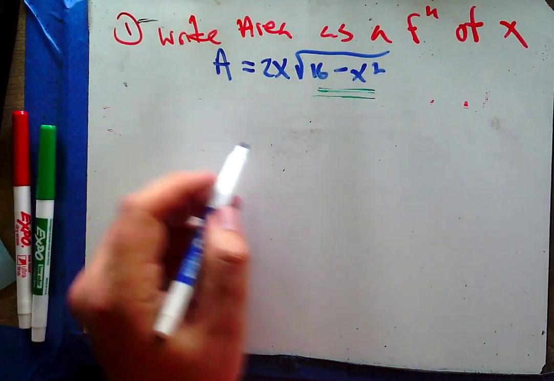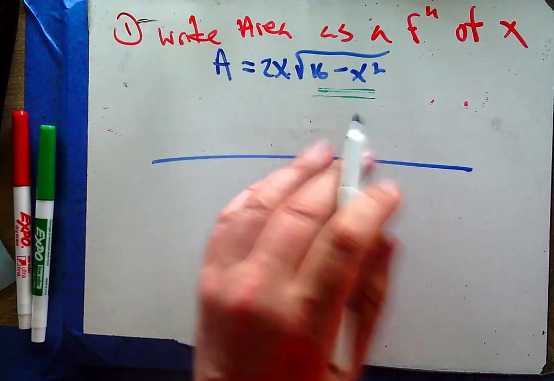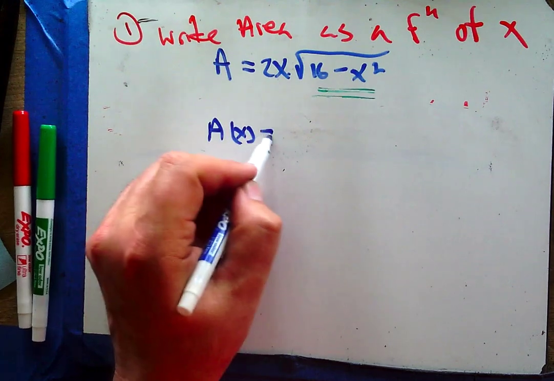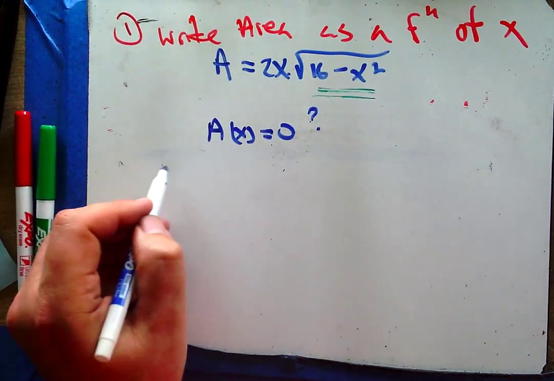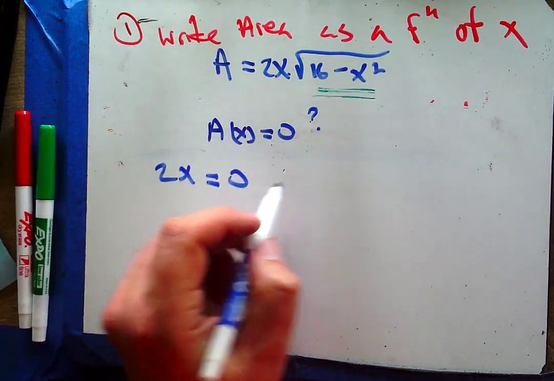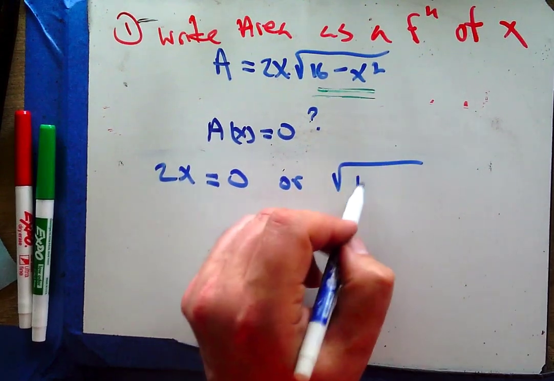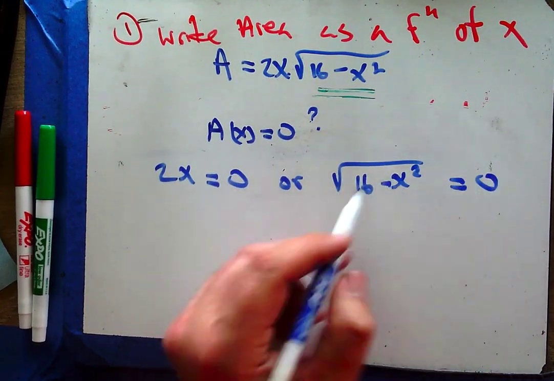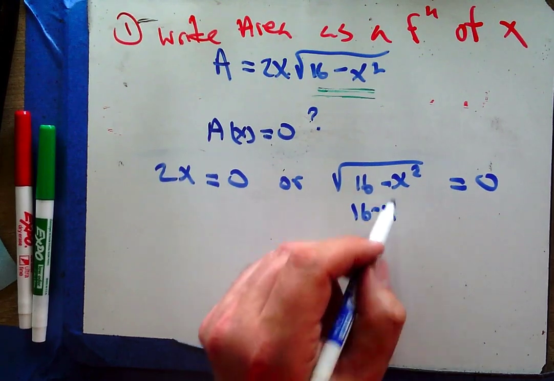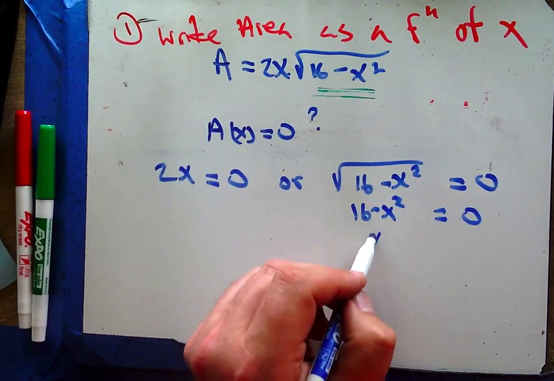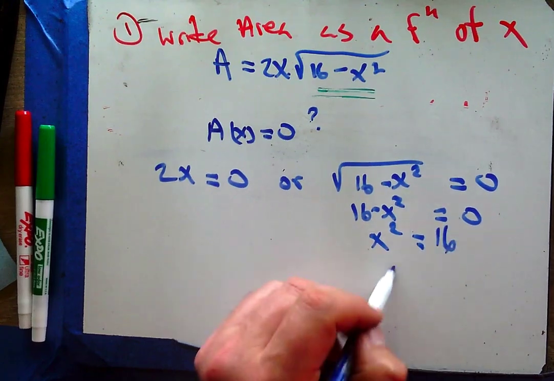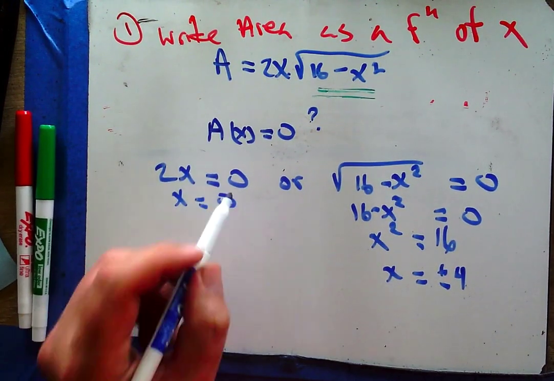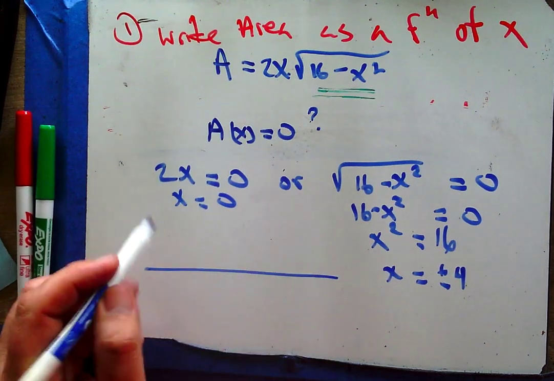Last thing I want to think about is, where are the x-intercepts here? And remember, that's asking when A of x equals 0. So 2x could equal 0, or the square root of 16 minus x squared could equal 0. If I square both sides, I get x squared equals 16, or x equals plus or minus 4. And over here, x equals 0. So when I think about graphing this,